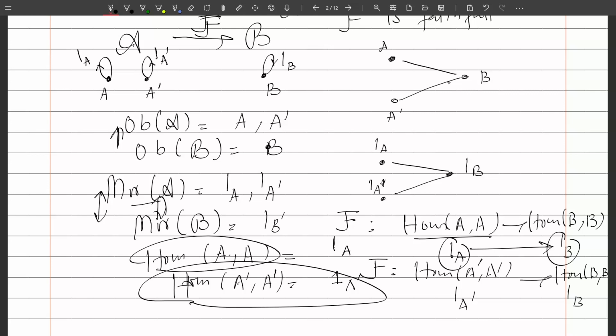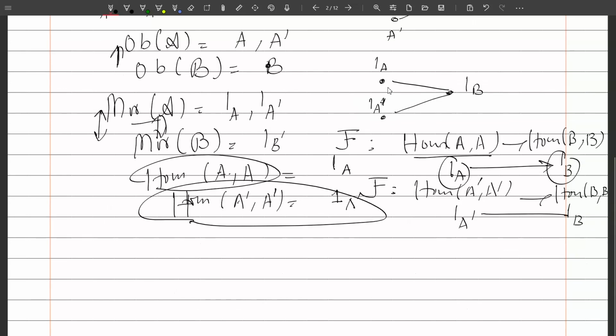So this is 1 sub b. So naturally it takes this morphism to this morphism. So one can note here that every embedding is faithful, but not conversely. So this is the example where one can see the difference. Now, either it is an embedding or faithful functor, it need not be injective on the object